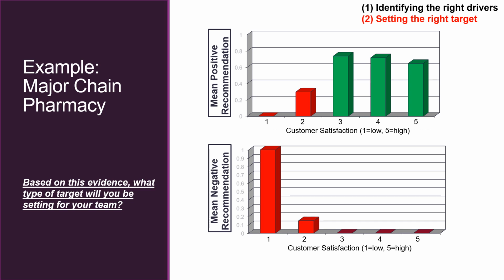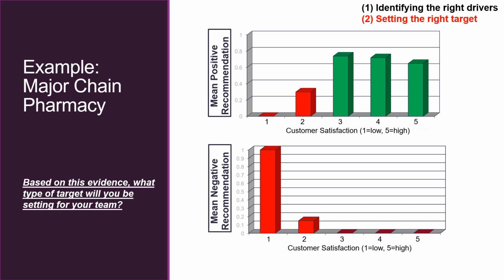Internal analysis of the major chain retail pharmacy revealed that when they took the overall customer satisfaction rate, on a scale of 1 to 5, 1 being low and 5 being high, those people who were relatively satisfied, scoring 3 and above, gave a general recommendation about 70 or 80% of the time when they met other people. On the other side, those people who said 1, not very satisfied, 100% of the time go out and talk to their peers or friends, not recommending the place that you just visited. So based on this evidence